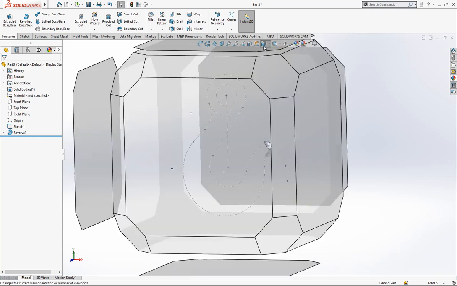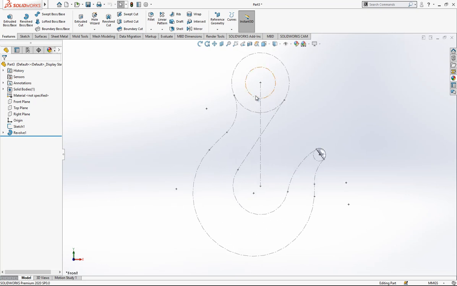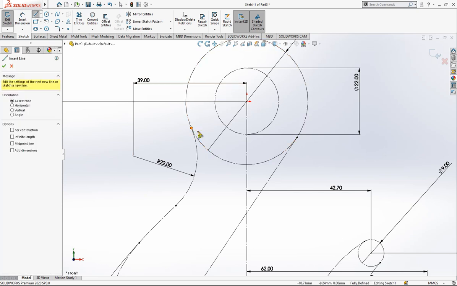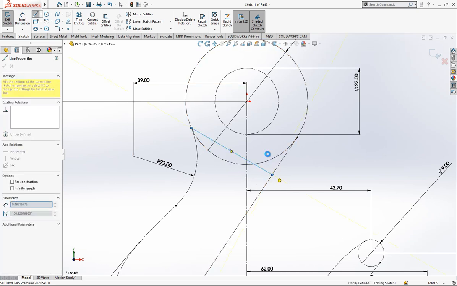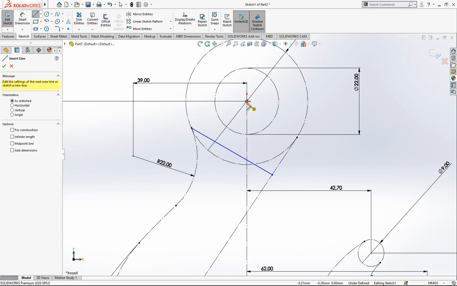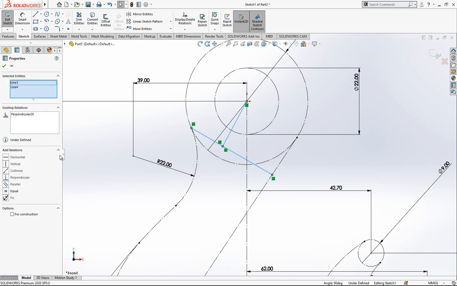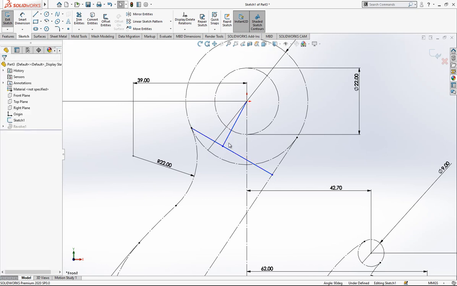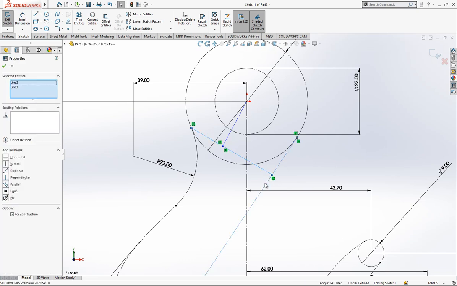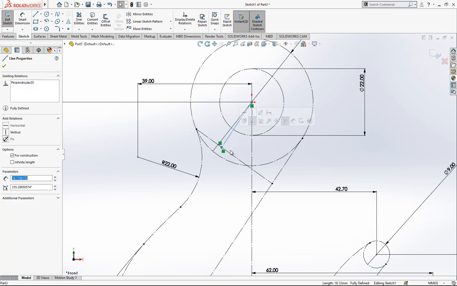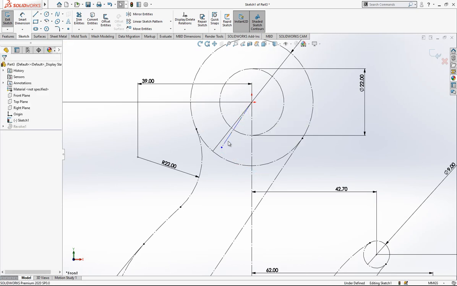And I forgot to add some more things on this drawing. Let me add it first. We are going to create a line here for determining our sections. And first, this will be perpendicular here, and also this line will be perpendicular here. When you add these two, in fact, we can do this